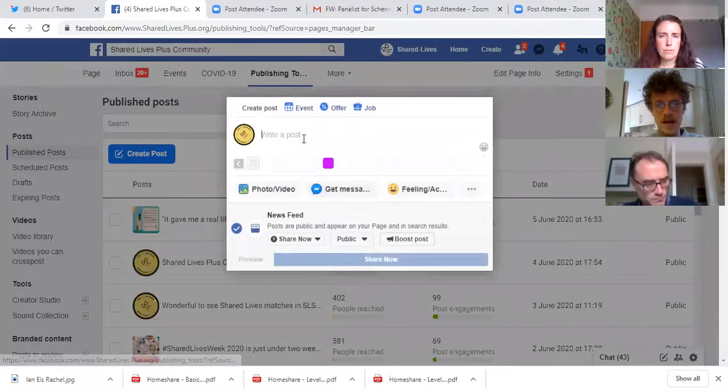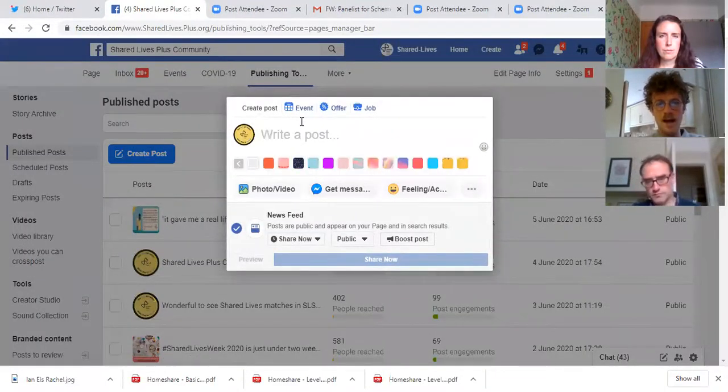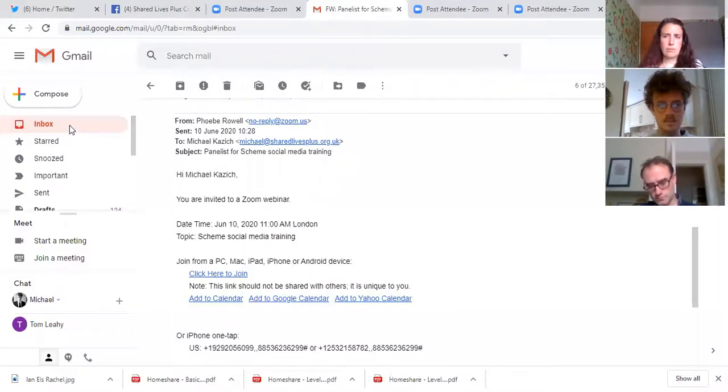And then you get this little dialog box opened up, and it's very much the same as what you'd see when you're just trying to post normally and in real time, but with a crucial little option at the bottom. So you enter your text and add your photo here as you would ordinarily, and any emojis or anything else that you want to do. So I'm just going to create an example now with one I prepared earlier.